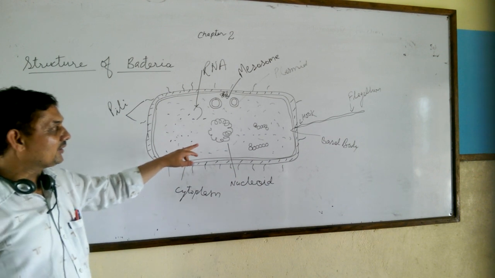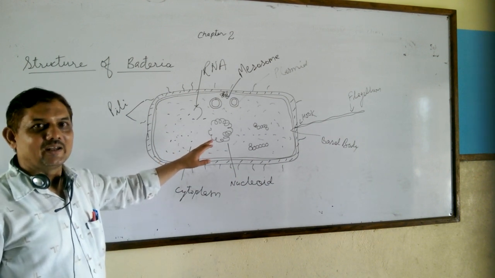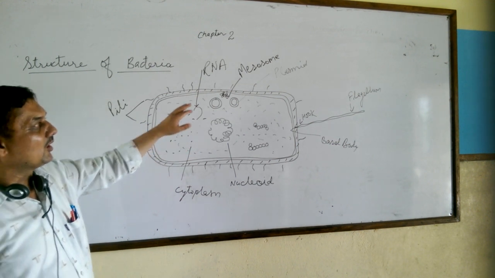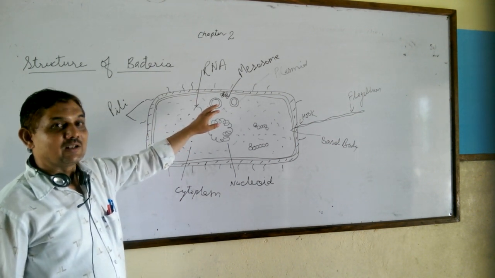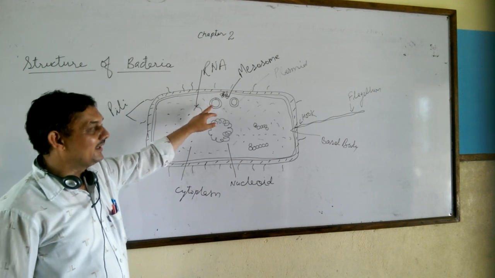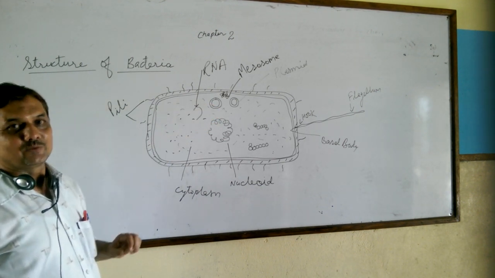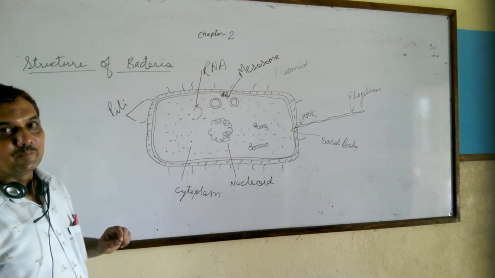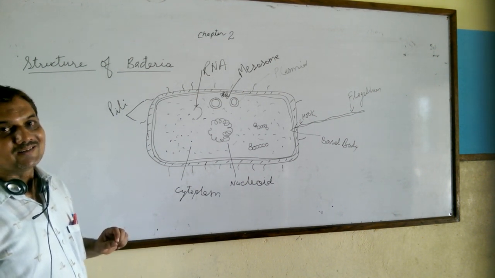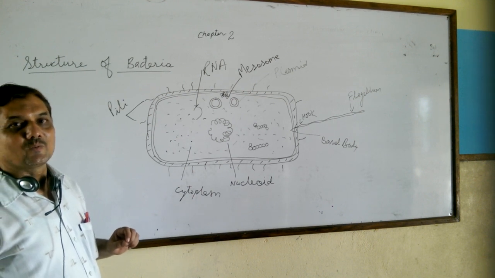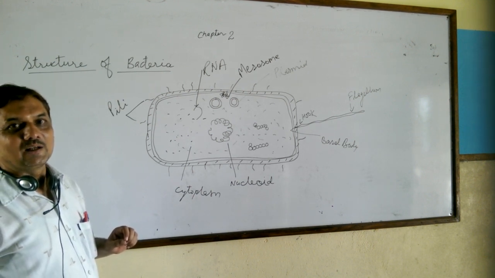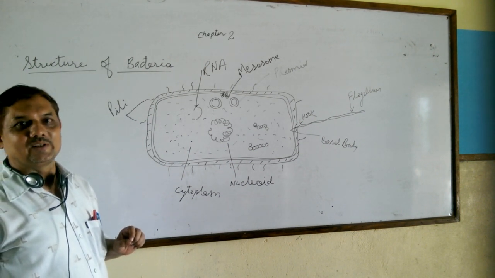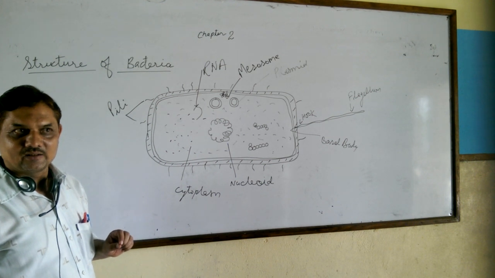Now, in addition to this chromosomal DNA, the bacteria also has one or many extra chromosomal circular DNA that we call plasmid. Plasmids are very helpful in biotechnology because they serve the function of vector, mainly cloning vector, in making multiple copies of gene in PCR reaction.